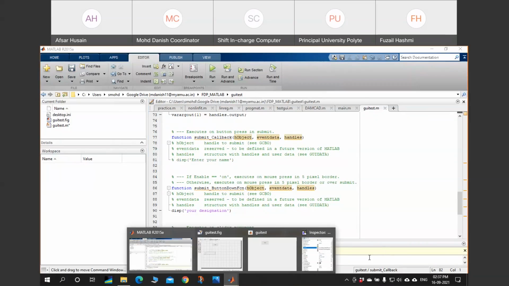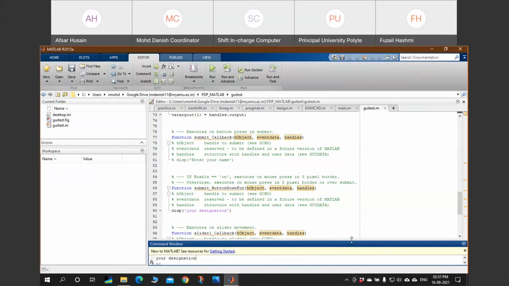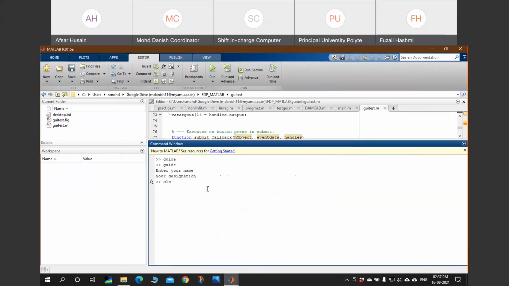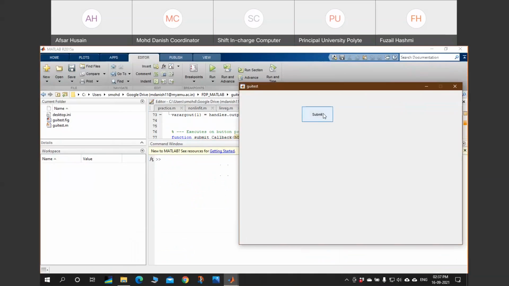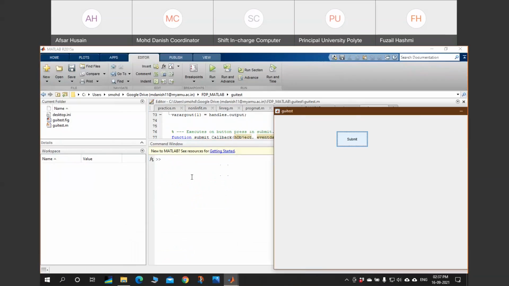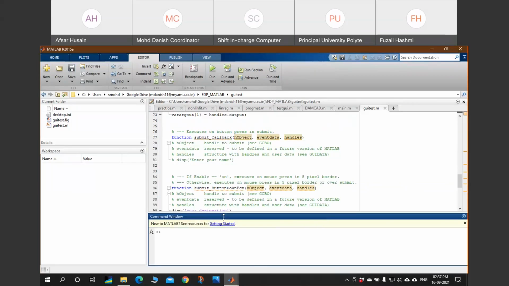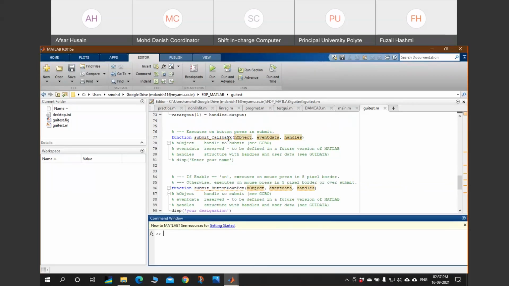Now let me show you my command window. What will happen? Let me clear this all. Now left click it. You can see nothing is happening in the command window. There is no command executed. I'm calling this function, and it is going to this callback function. MATLAB finds that there is nothing provided within this function, so nothing is happening.